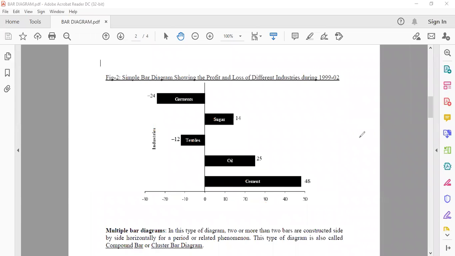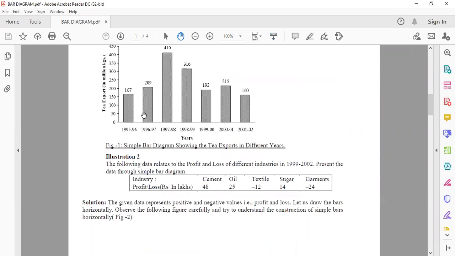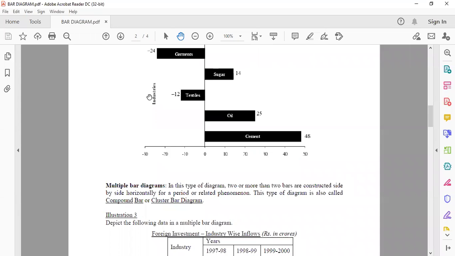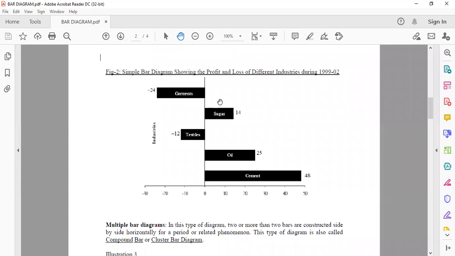Now, one thing I should mention: this presentation is a horizontal representation. You can draw a vertical presentation also, just like the before case, কোথায় গেল আগেরটা, just a minute, like this. This is vertical representation because the bars are in vertical formation, but in this case the bars are in horizontal formation, like parallel.